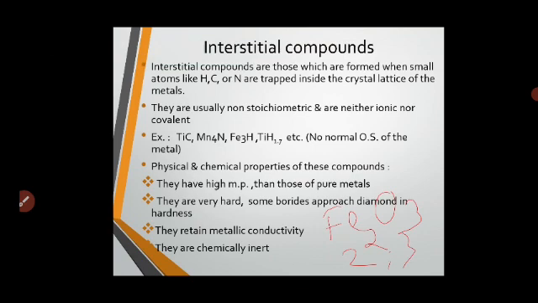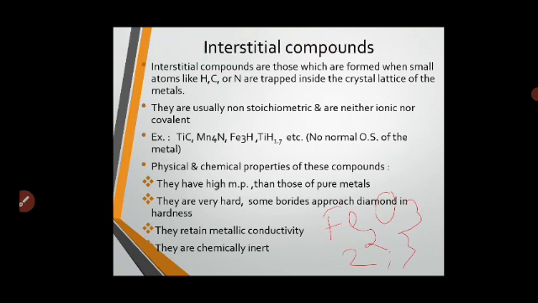So in this case, the oxidation state of the metal is not normal. Okay, so these are the characteristics of interstitial compounds. And why has this happened in d block elements? Because they have incomplete or partially filled d orbitals, which gives a lot of chance to accept the electrons.